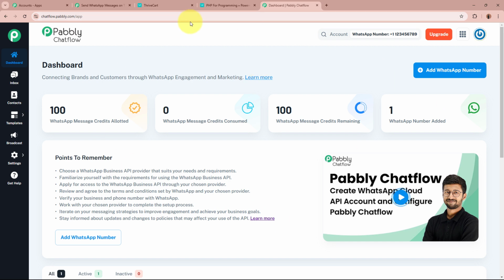Think of it as a personal assistant for messaging, helping us stay connected with our customers without constantly being online. And using Pabbly Chatflow, I am going to send WhatsApp messages to my customers who purchase the product that I'm selling. In order to use Pabbly Chatflow, you have to configure your Pabbly Chatflow account to your WhatsApp Cloud API